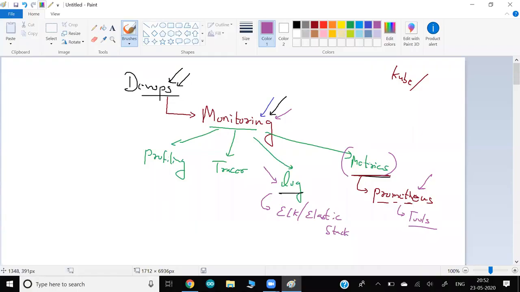Then we will move to what is metrics, and then I'll show you why Prometheus is so powerful compared to the other competitor tools. So that's all we are going to discuss.